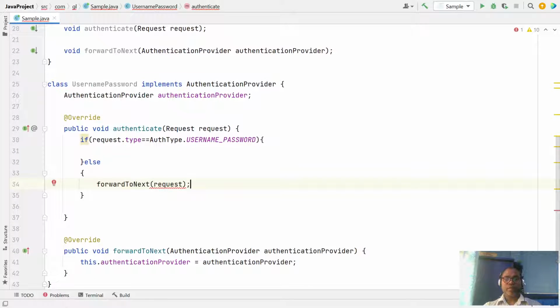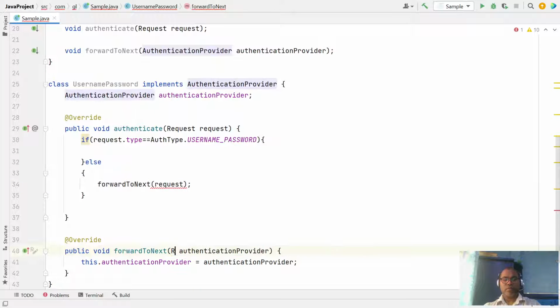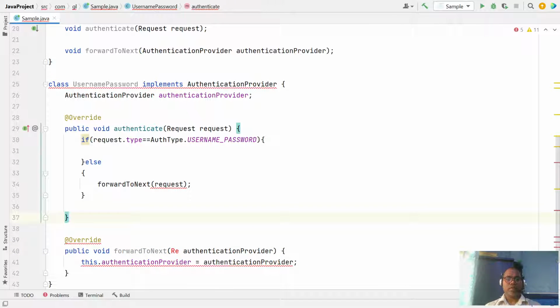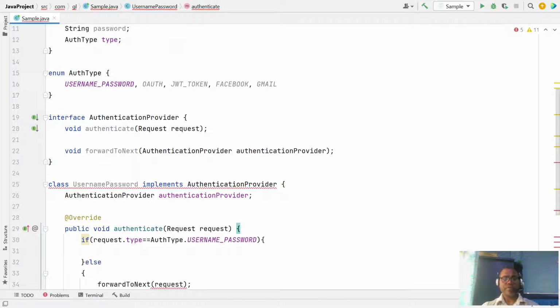Okay, so this should be a kind of request. This should take a request. So there would be the method next that takes a request.